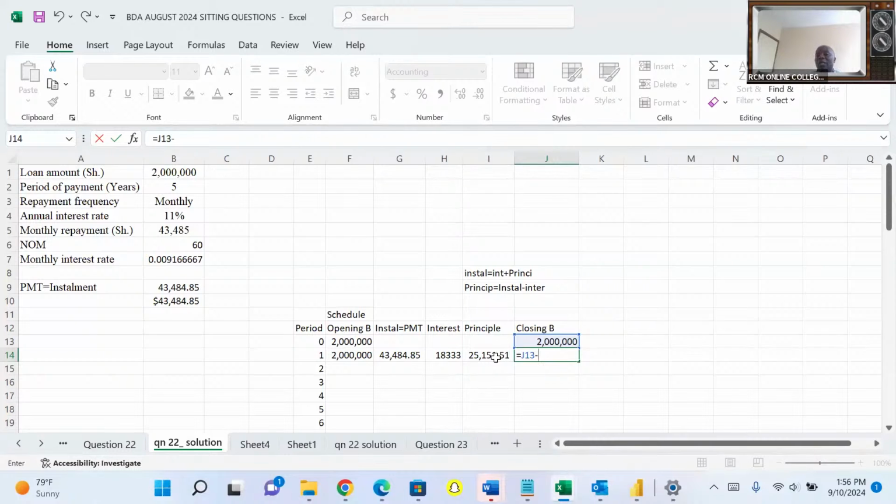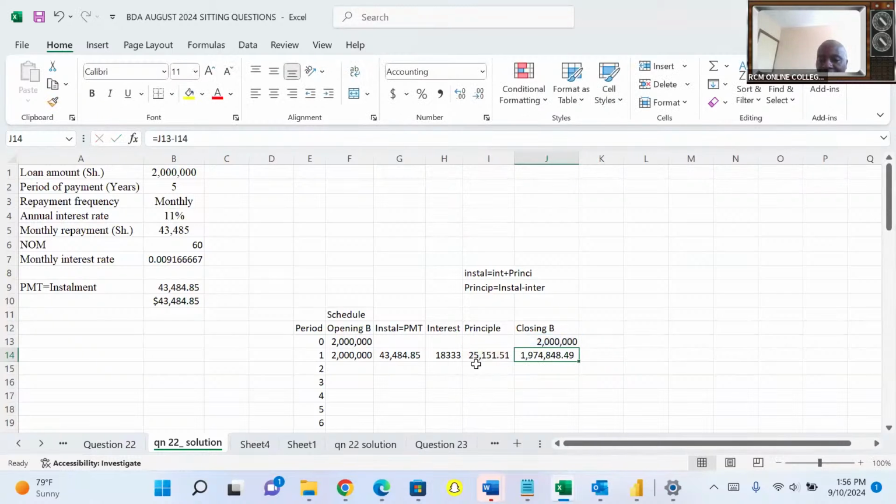So whenever I'm getting closing balance, ladies and gentlemen, I will consider what we had at the beginning of the year minus the principal paid like that. All right. Now, in this case, I'll be able to come here and say what here? Enter, like that. Kuisha maneno. So from there, you come and basically pick this like that. And then now you come and use our little friend. We love this friend. This is only for highlighting. Doesn't do much. It's like hot air, the white one.